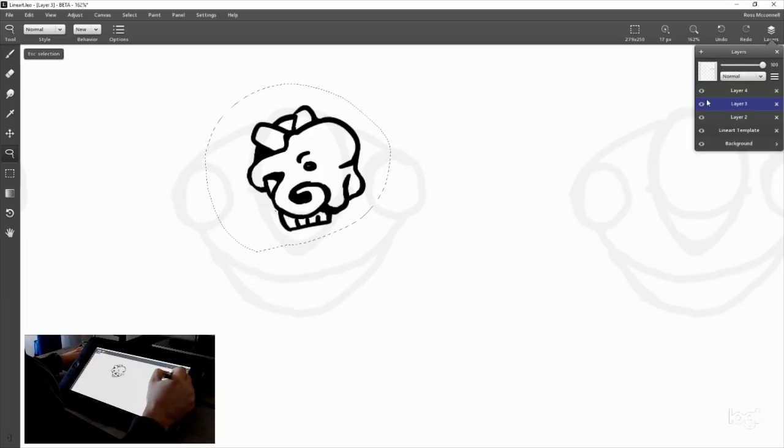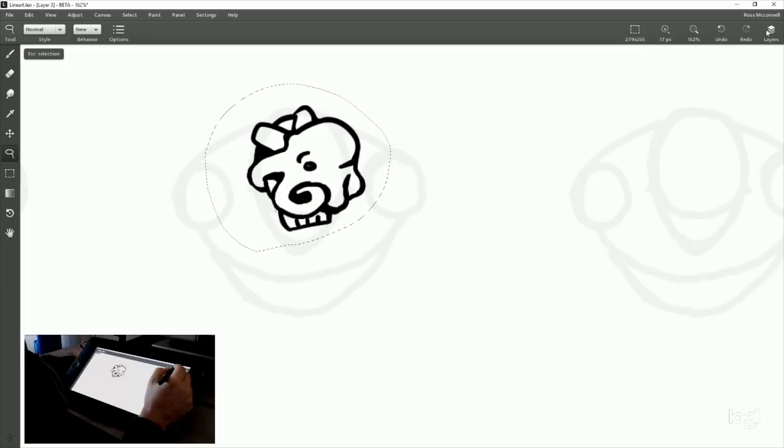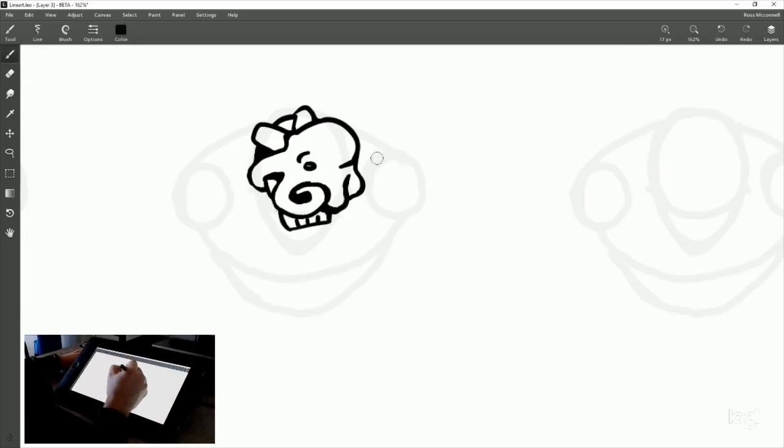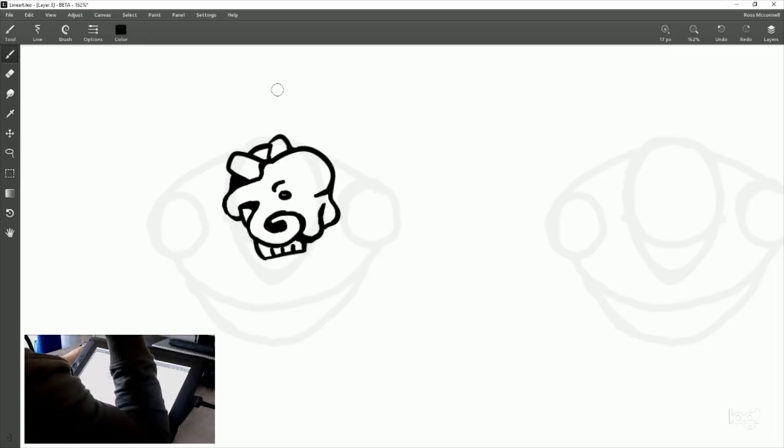Okay, cool. What layer are you on? This one? Okay, cool. Just in case I mince him later, like I did the other tokens. And then as for the rest of the skeleton,